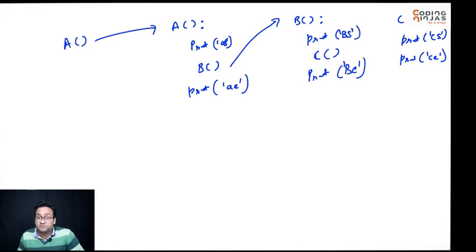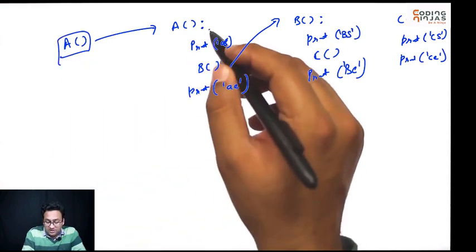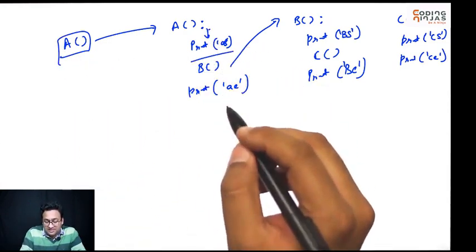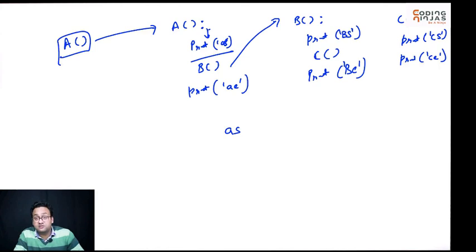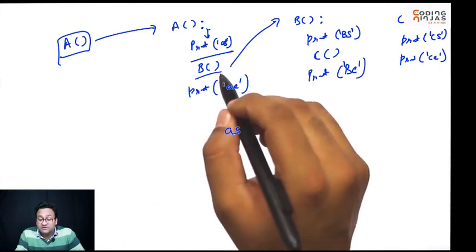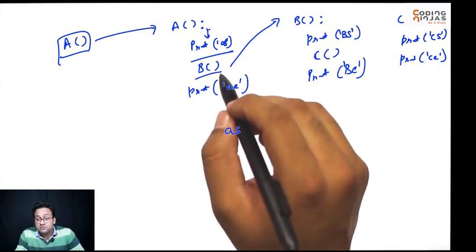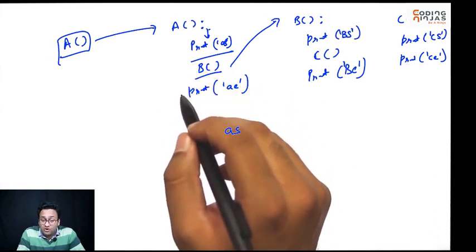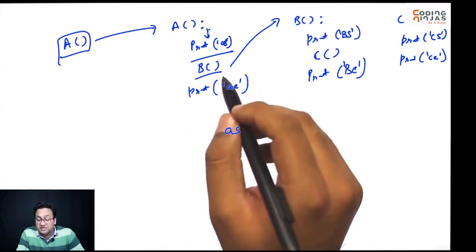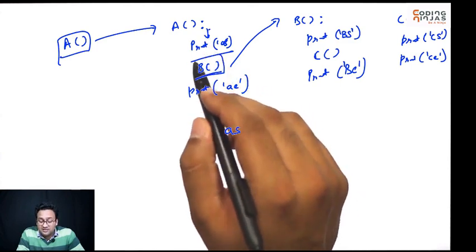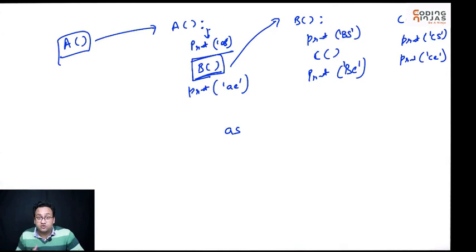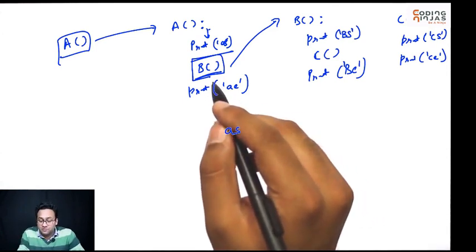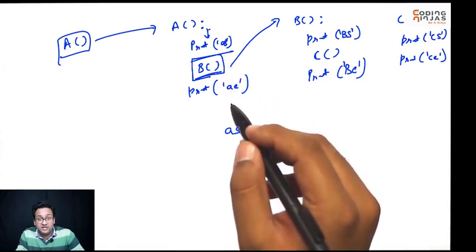So what happens here? What gets printed when? Right? So as soon as you call A, it comes inside A. It prints AS, so the first thing that will be printed is AS. Then it calls B. So the execution of A will stop till the time B is done with its work. Right? A is saying, hey, I need this to complete my work. So everything in A will be on hold till the point B is done. So after AS, AE will not be printed yet.